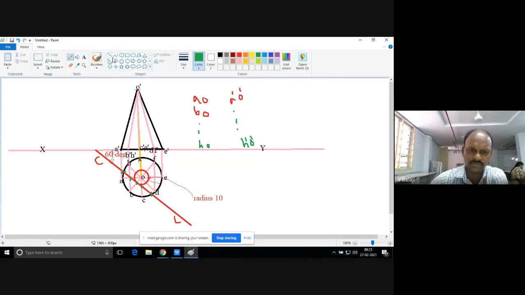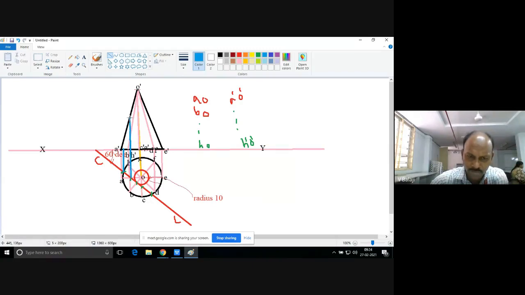What is the next step? Can you guess? Projectors. Draw projectors from these cut points. Let me take one more color to identify separately. Now I am using blue color. From in between A and H, one point is there. First point, you project. Where do I have to take that projector? Up to the reference line. So the base is on the reference line in the front view, right? So I need to stop here. If you take another point AO, where do I have to take this AO point?